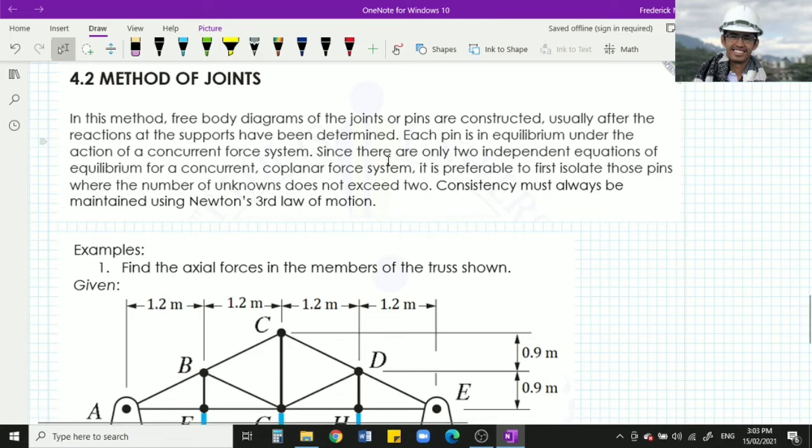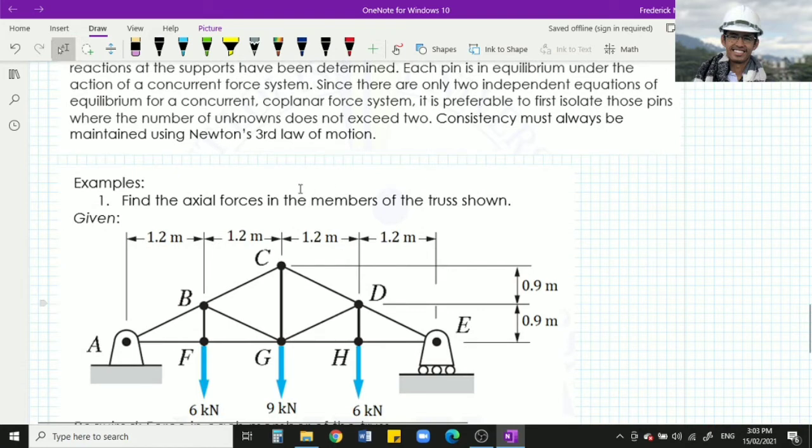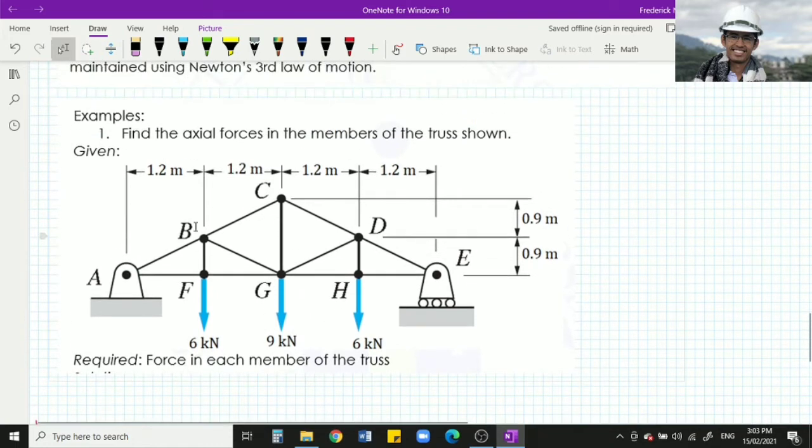So sabi niya dito, it is preferable to first isolate those pins where the number of unknowns does not exceed 2. So consistency must always be maintained using Newton's third law of motion. So yung third law of motion ni Newton is yung kapag merong action, there is equivalent reaction. So i-isolate natin yung bawat joint. So after nating ikunin yung ating reaction, so example, we have this